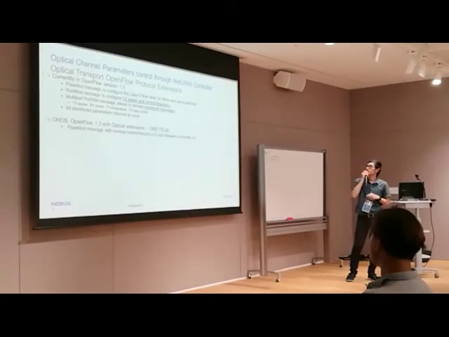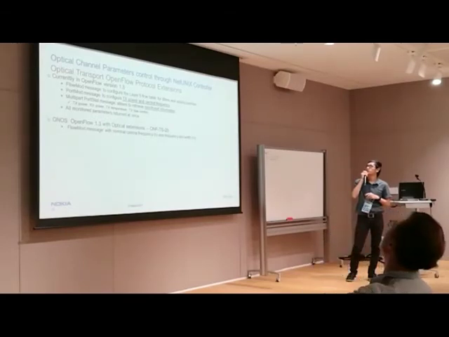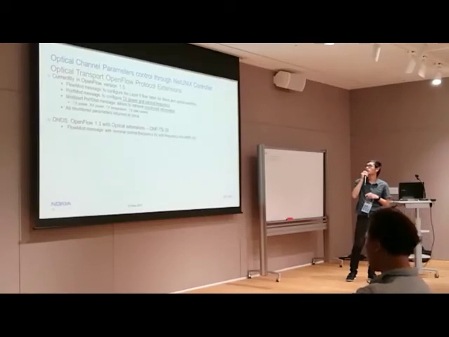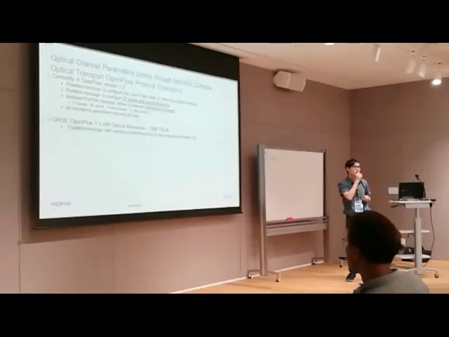The port mod message lets you configure the TX power and the central frequency. Some of the statistics messages allow you to receive monitoring information like TX power, RX power, transmitter power, receiver power, temperature, bias current, and all the monitoring parameters together as one. So when you send one request, you receive all of this information. It doesn't allow you to filter